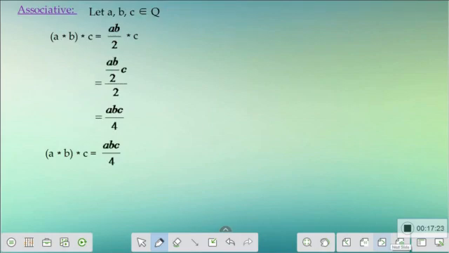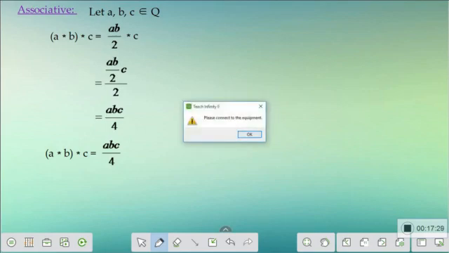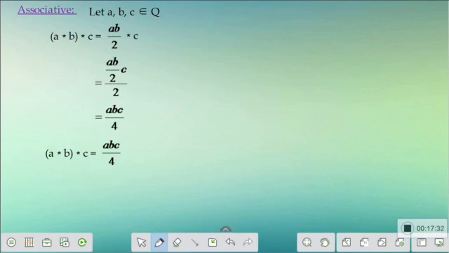Here is the associative property. Let's start with A star B star C. Even though you have three elements from the set here, you're not going to operate on all three at once. Let us consider two at a time, because the binary operation is defined only for two elements at a time. We consider this as one element and this as the second element. Now for A star B, the first element has two parts, one is A and the other is B.